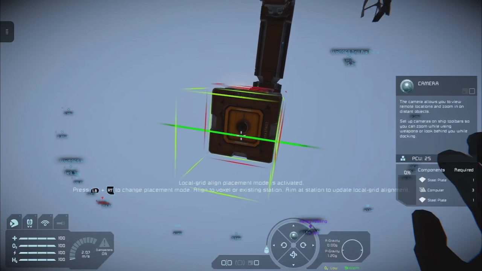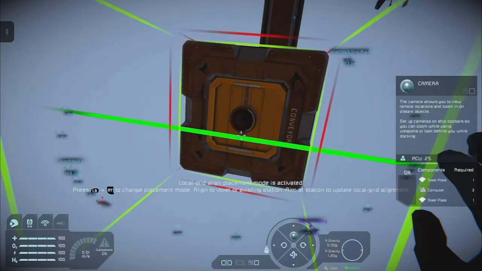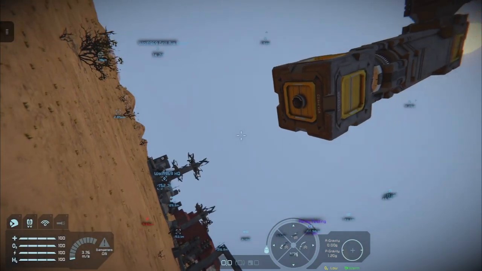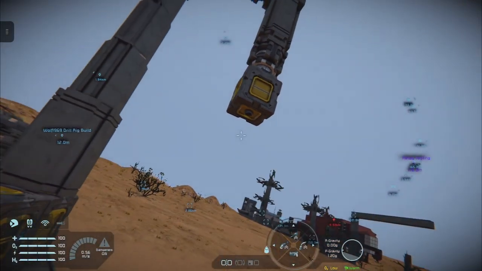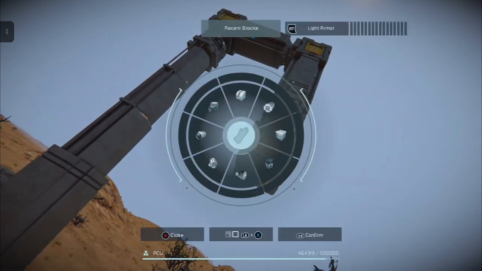I want a camera. And if you look, the correct facing of a camera is with the green light at the bottom. That denotes that the camera is looking the way. That should do. It's not so much the facing of the camera I want, but the functionality. So now we have all that.